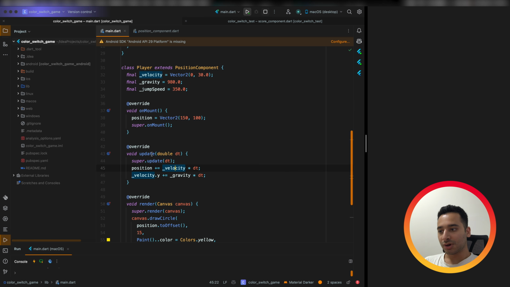So in our update method, we are adding velocity to our position, and in each frame, we are adding gravity to our velocity, which makes something like a falling component. And in the jump section, we just change the velocity to something that moves our component towards the top.